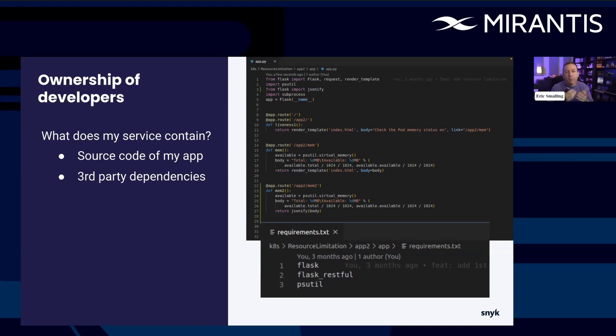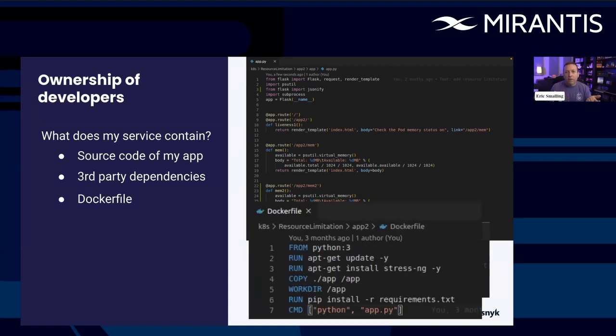If you're a Java developer, you might be using Maven dependencies, right? We understand that what we're pulling in needs to also be secure. So I can't just be pulling random libraries off the internet somewhere. It needs to be something that we vetted and made sure is good. We also now have Dockerfiles, though, and this is what I was talking about.